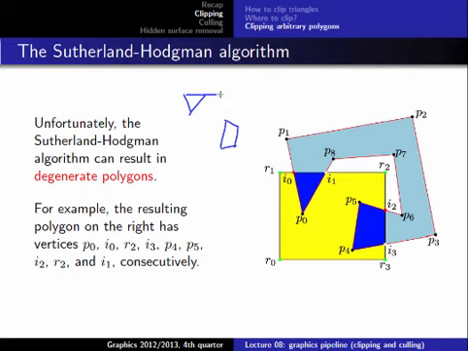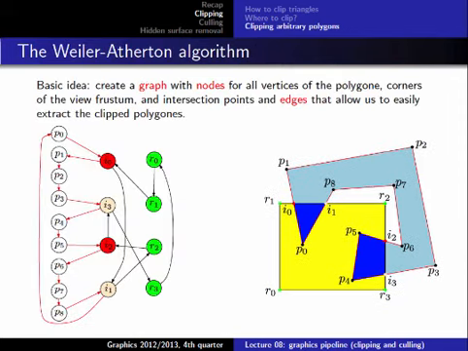What you get is something like this. So if you draw that, you get this extra line here, which is of course not what we want. We want to only have these two here. So this is a problem with this algorithm, and this is why we often use other algorithms, and one of the most popular ones is the so-called Weiler-Atherton algorithm, which